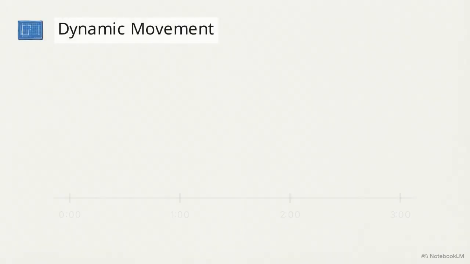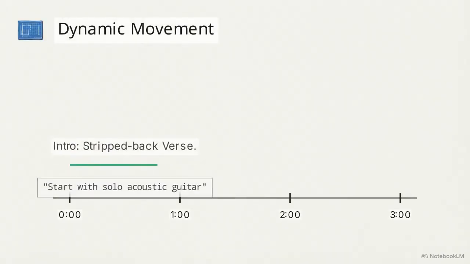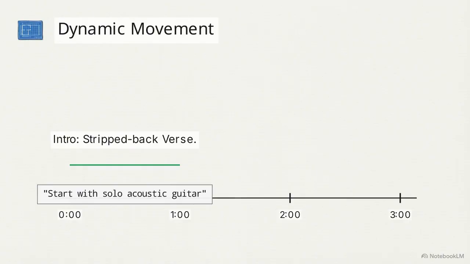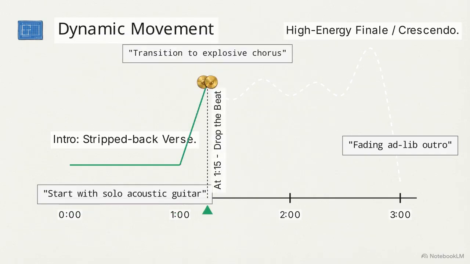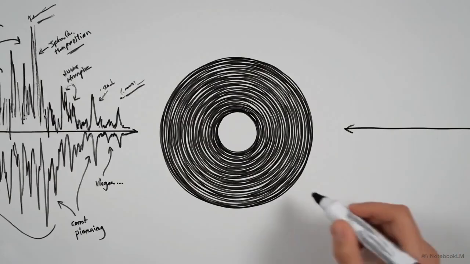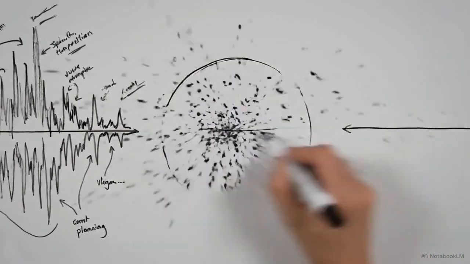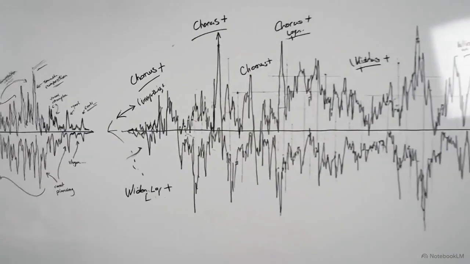Dictate the dynamic movement. Think of the song as a timeline, starting with a quiet verse and building into a high-energy finale. Control this by writing explicit timestamps directly into your prompt, like "at 1:15, drop the beat." Defining the space this way prevents the model from defaulting to a short loop and forces the creation of an